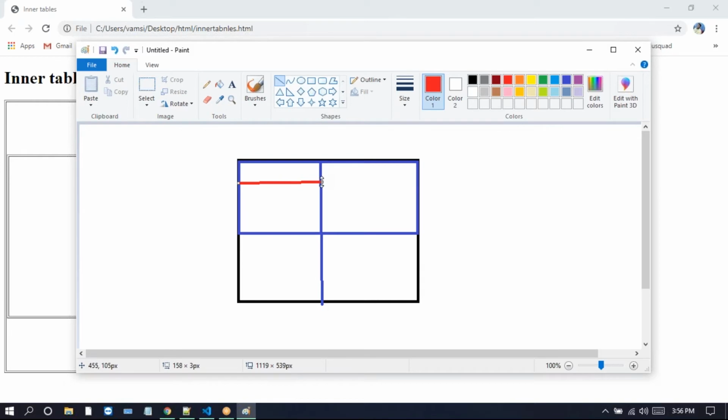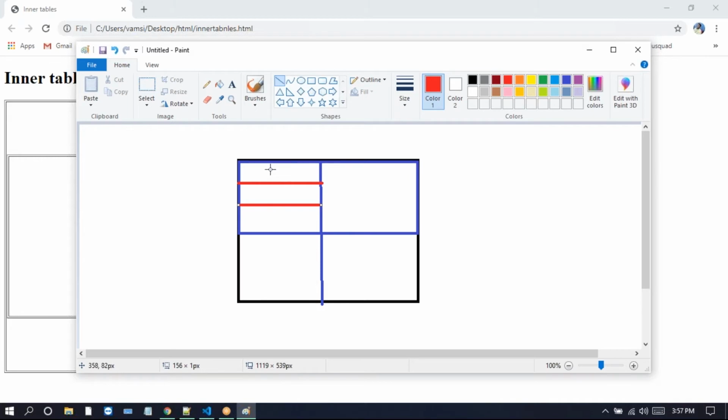Look at this one. So here we just drag this one. After that, I take one more here. Look at this table. This table has two TRs, and the first TR has two TDs. In the first TD, again we take the inner table. The inner table has three TRs, and each TR has a TD itself.